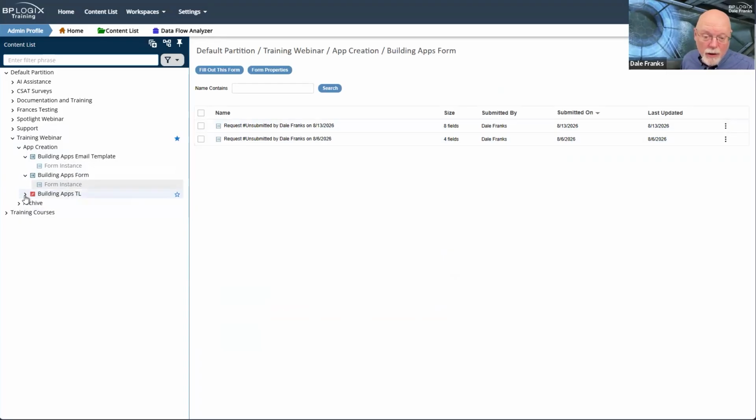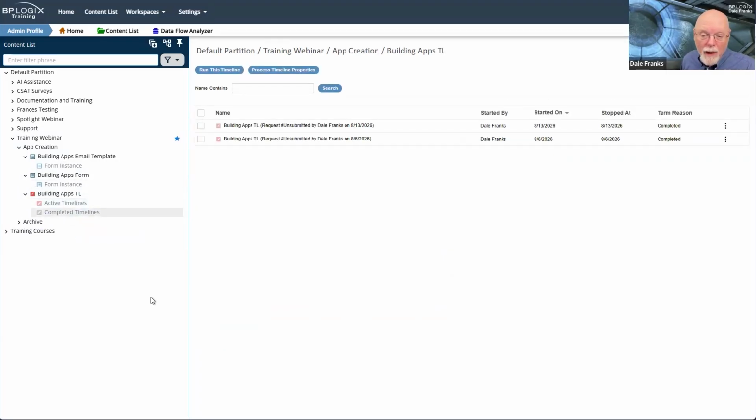And similarly, on my timeline, I currently have 2 completed timeline instances. Those will also need to be deleted as well. There's no reason to keep them on your system. All they're doing is using space. They're all test forms. We know they're not the final form, so there's no real reason to keep them around.